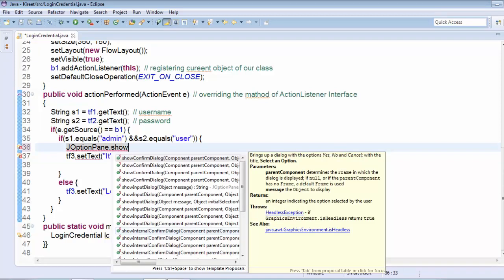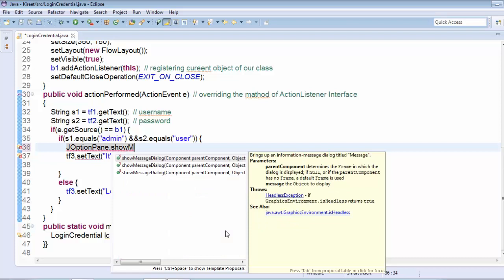Because we have to show the message of what has happened when we have written the username and the admin as the correct username or admin name, and when we have typed something different that is not present in our program. What particular dialog box must be reflected and what it contains. So we are more interested in this message dialog box. There are different types of dialog boxes, and we have to use the message dialog box.